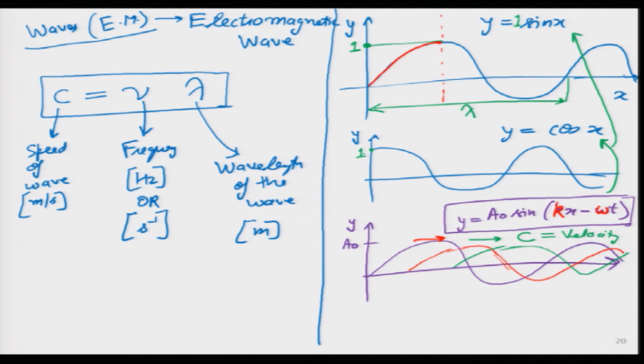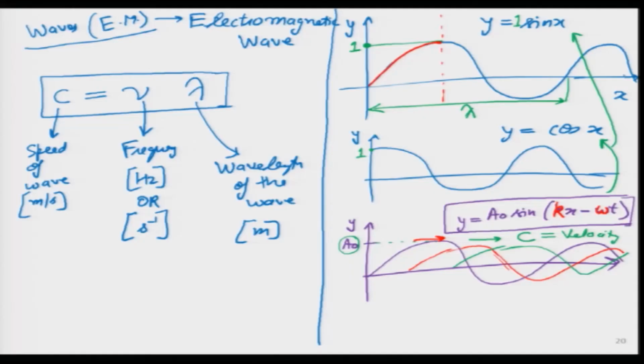But if I want to change it, or if I want to give different units, then I can put A naught, or E naught for electric field, or H naught for magnetic field. That we will come to in a little while. So, lambda we can figure out, is the wavelength defined in green over here.